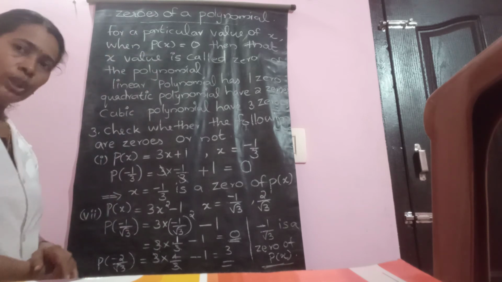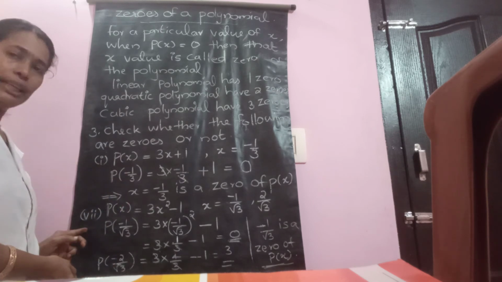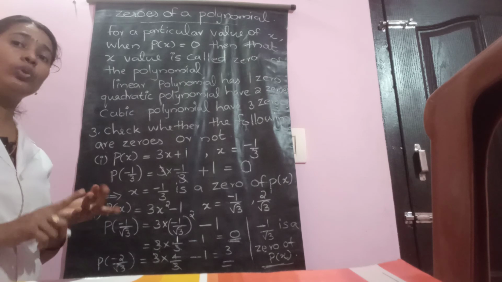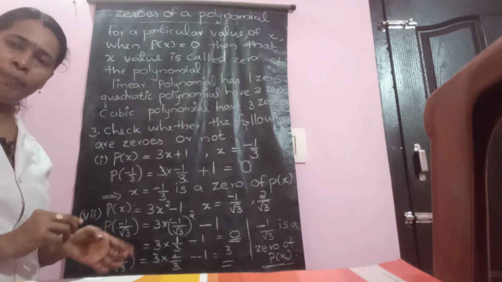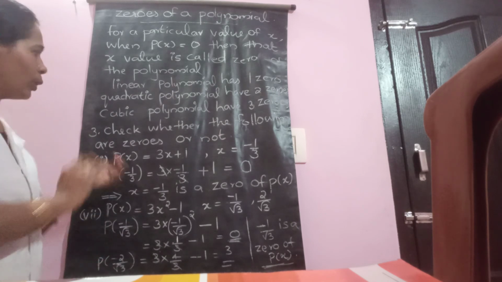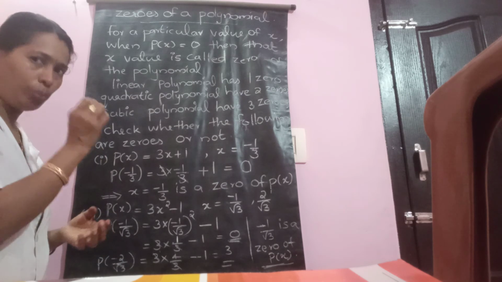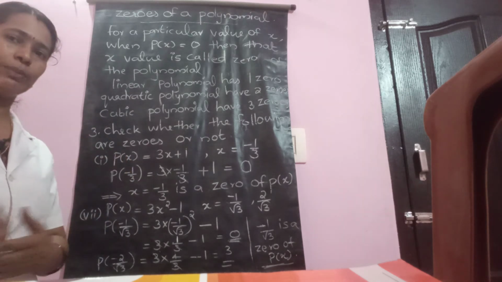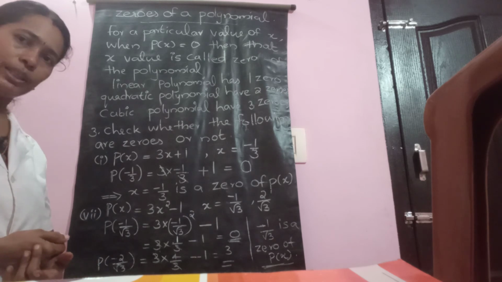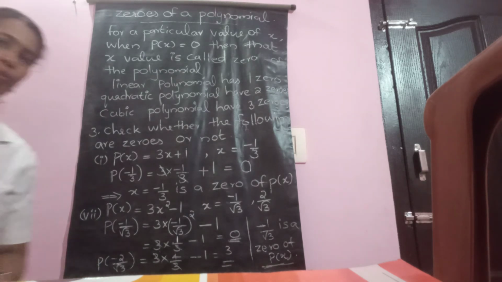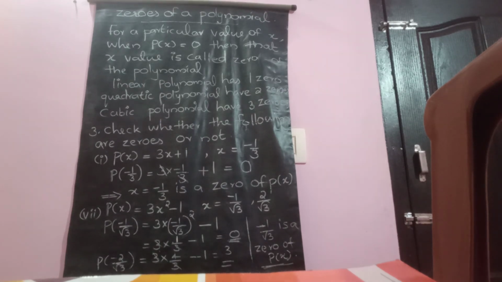Is it clear now? There are some questions for you, you have to answer them. See, 1 and 7 are already answered by the teacher. 2, 3, 4, 5, 6, 8, you have to answer slowly. Take the textbook, notebook, everything. Go through the video, and after each question you pause the video, answer the question from the textbook, then continue with the video. If you feel any doubt, you can ask me. Study well, all of you. Especially those who have not completed your notebook yet, complete it as fast as you can.